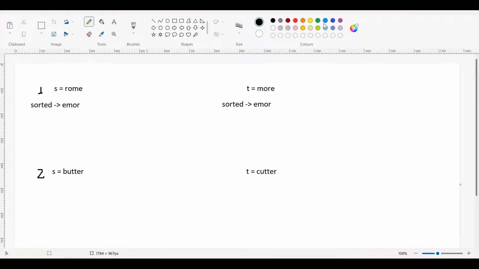Then what we can do is start checking. After sorting, we can check both of the strings character by character. If all the characters at their respective indices are the same, like for the first index both have E, for the second index both have M, for the third index both have O, and for the last index yes, we observe that all the characters in both the strings after sorting are the same, so we have to return true. And suppose in the second case, after sorting, what we will get is